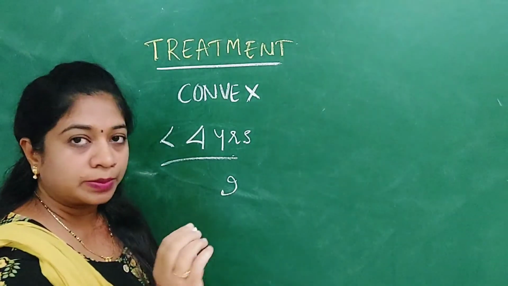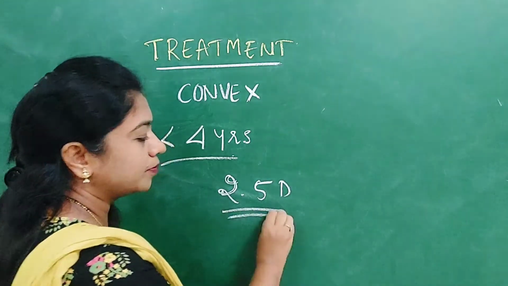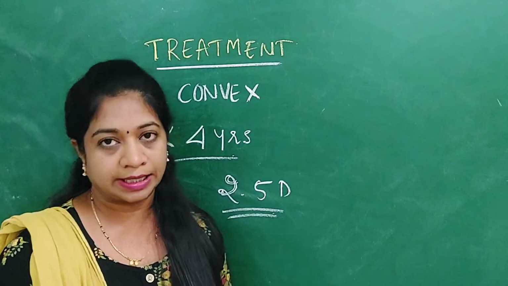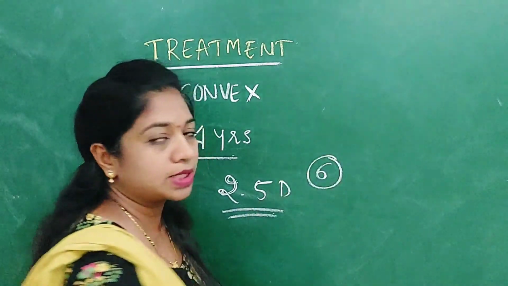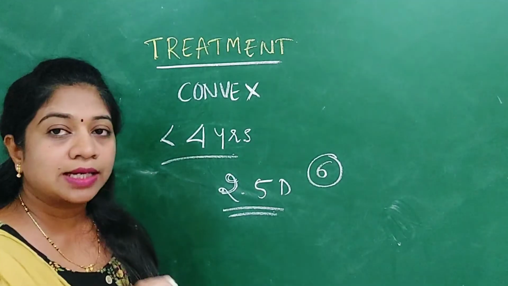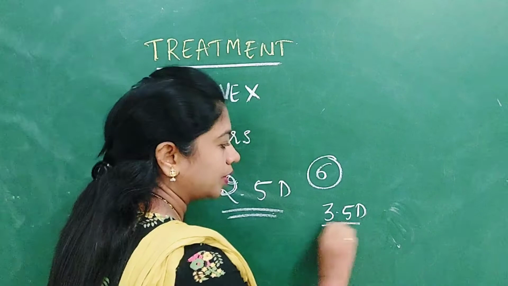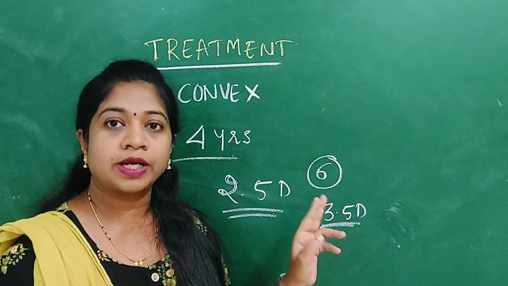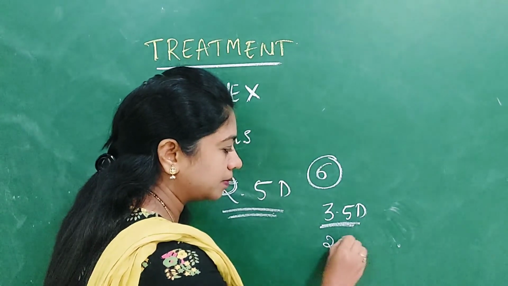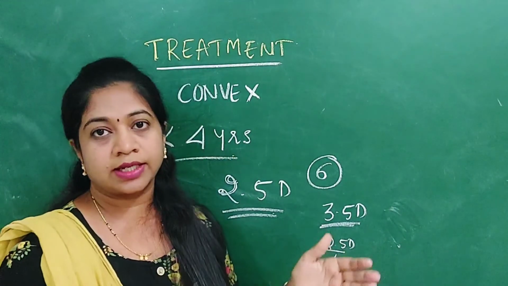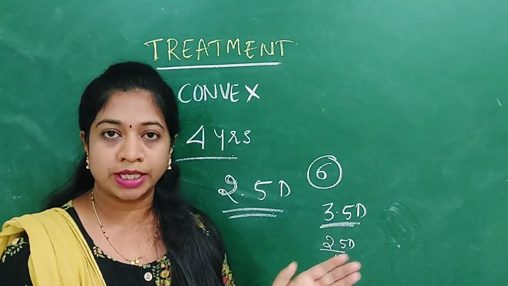One thing you should remember is that you should not leave more than 2.5 diopters of hypermetropia uncorrected. Suppose the patient is having some 6 diopters of hypermetropia. You can't correct less than 3.5 diopters in this patient. So 3.5 diopters of hypermetropic correction has to be given. You have the margin of 2.5 diopters, which you can gradually increase as the child accepts the glasses. The same thing applies to young patients also.